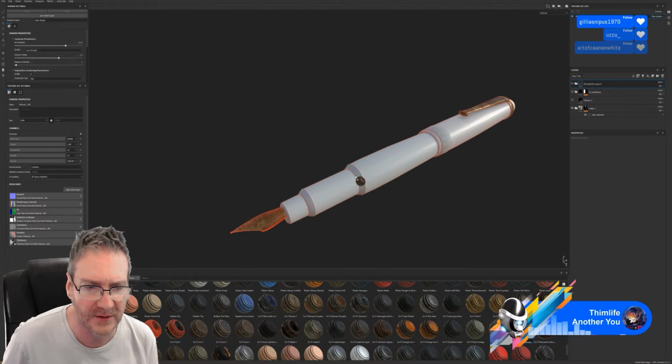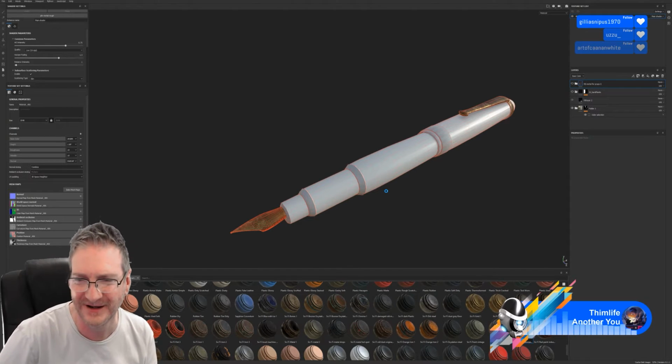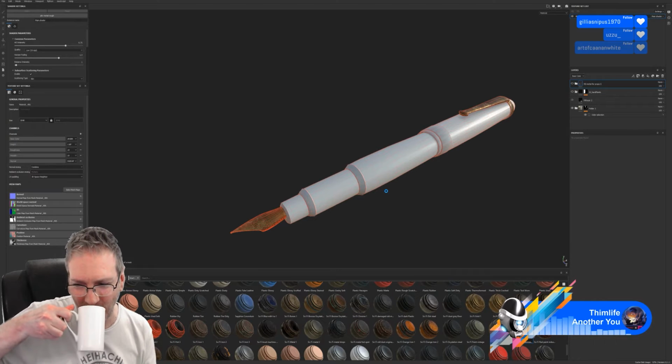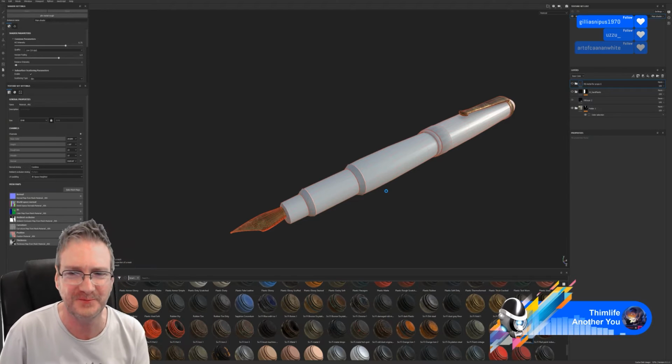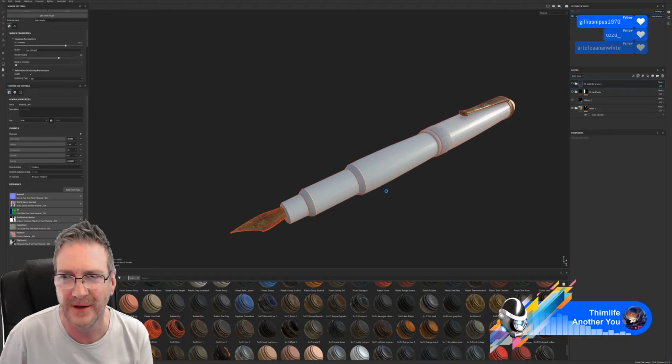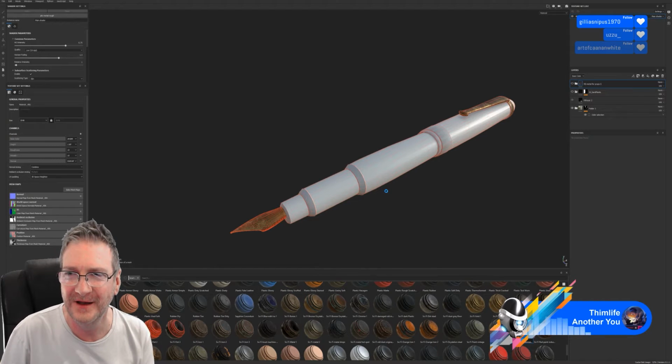Come on. Drop. Drop. What you doing? Drop. Oh, if you crash on me, I swear to God. I don't trust this program. We should have saved. Yeah, the shader that I'm throwing down there is actually quite a complicated smart material, so hopefully it's just working that out in the background and not about to crash on me.